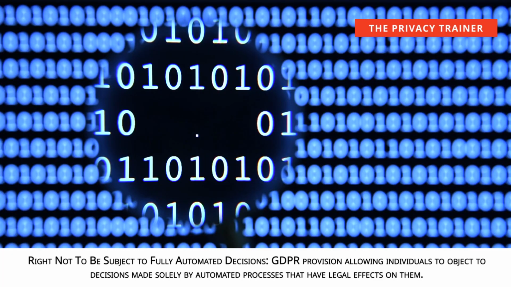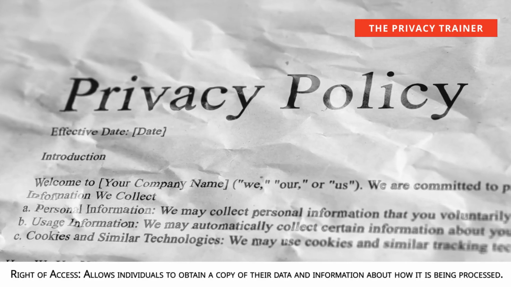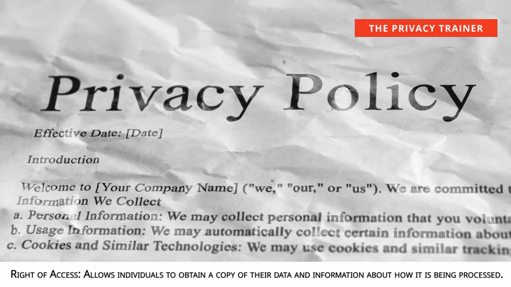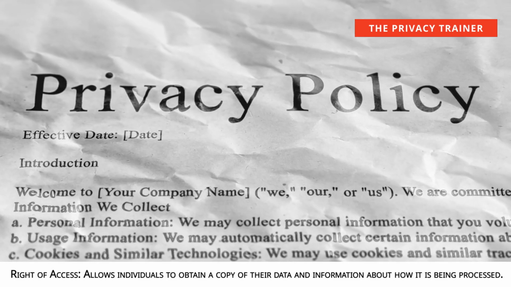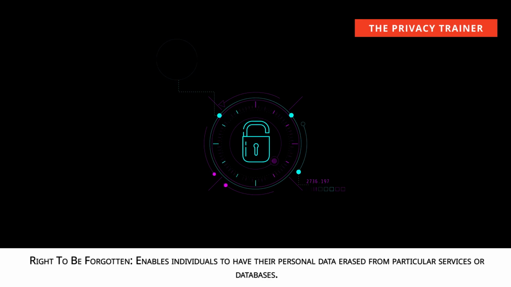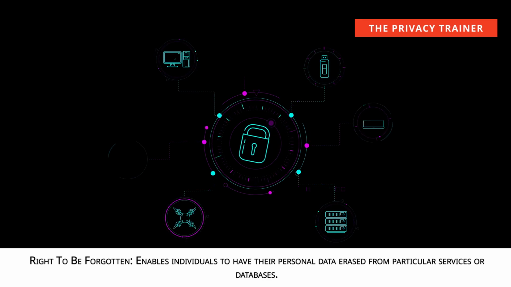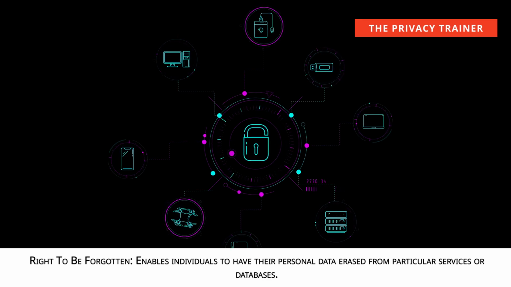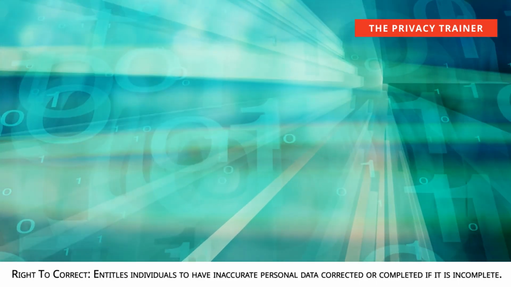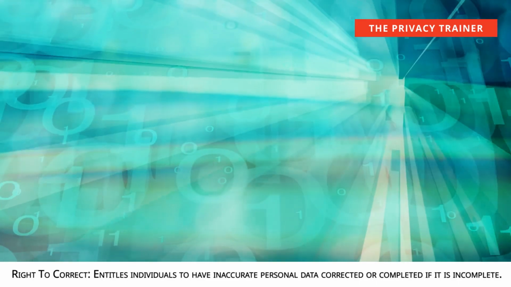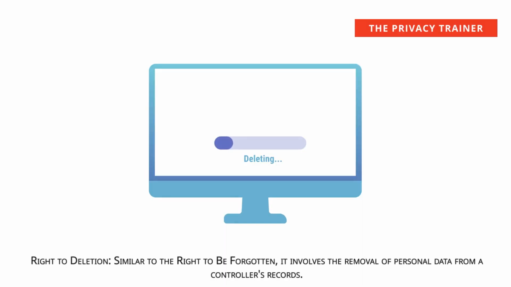Right not to be subject to fully automated decisions. GDPR provision allowing individuals to object to decisions made solely by automated processes that have legal effects on them. Right of access, allows individuals to obtain a copy of the data and information about how it is being processed. Right to be forgotten, enables individuals to have their personal data erased from particular services or databases. Right to correct, entitles individuals to have inaccurate personal data corrected or completed if it is incomplete. Right to deletion, similar to the right to be forgotten, it involves the removal of personal data from a controller's